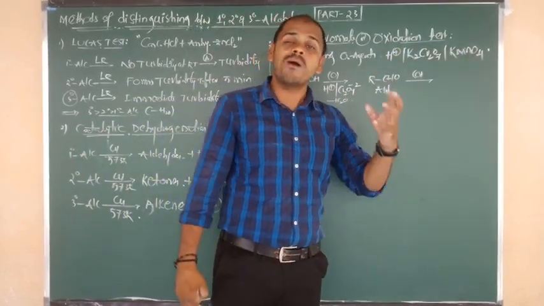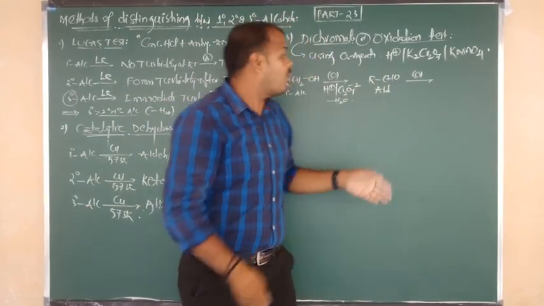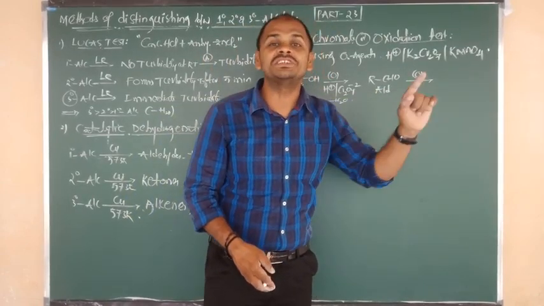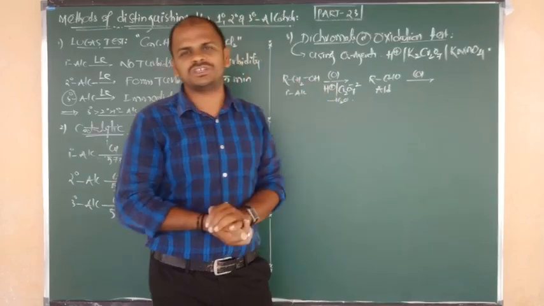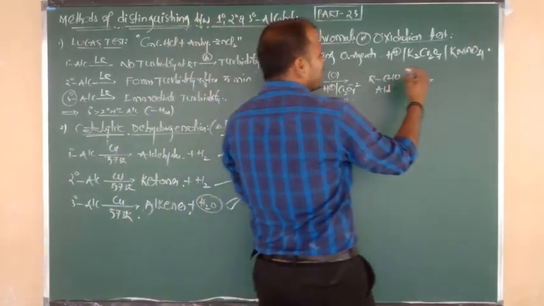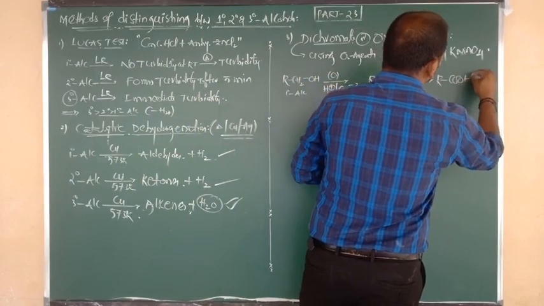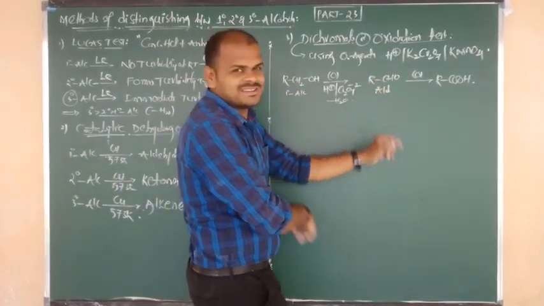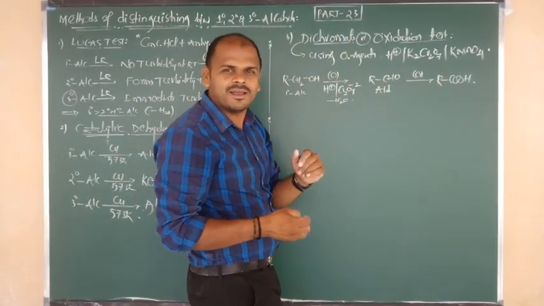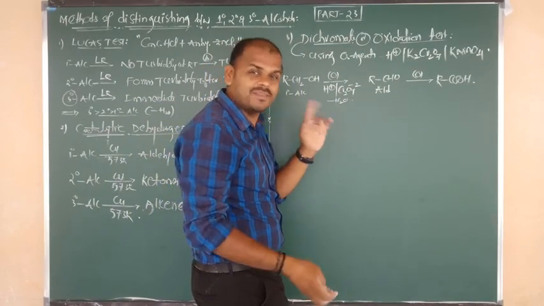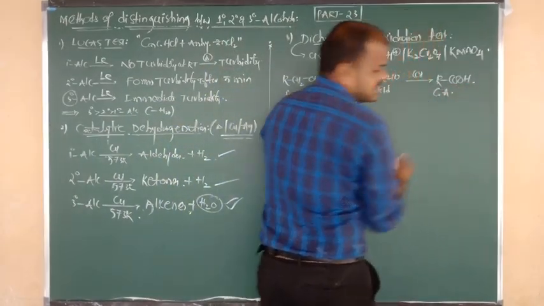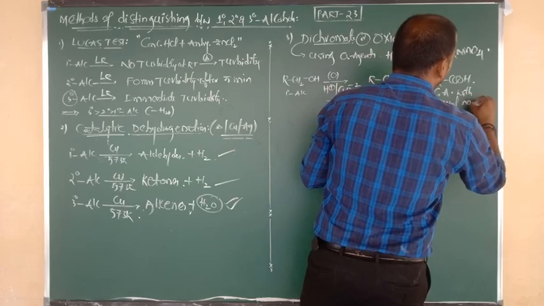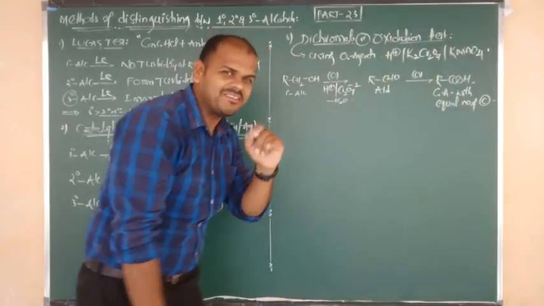Again, that aldehyde undergoes one more oxidation, because both are powerful oxidizing agents. In the presence of these two powerful oxidizing agents, the reaction won't stop at aldehyde. It will move up to the carboxylic acids. Complete oxidation takes place. Upon addition of oxygen, aldehydes are converted into carboxylic acids. Is there any missing R? Is there any missing carbon? No carbon is missing. That means finally we get carboxylic acids with an equal number of carbons.